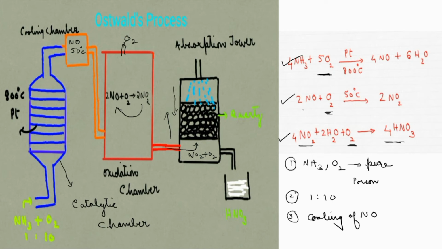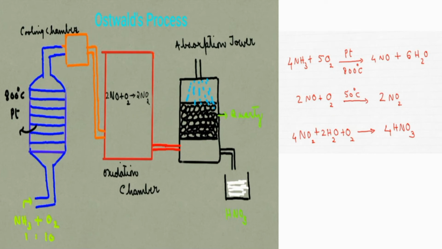Got it? Yeah, you can just memorize. Remember, the entire reaction we have already discussed in the chapter on ammonia. It will be coming under the oxidation reaction of ammonia. There we have discussed everything related to the reaction conditions and how to balance this equation easily. I will share the link of that particular video also so that you can go through that.